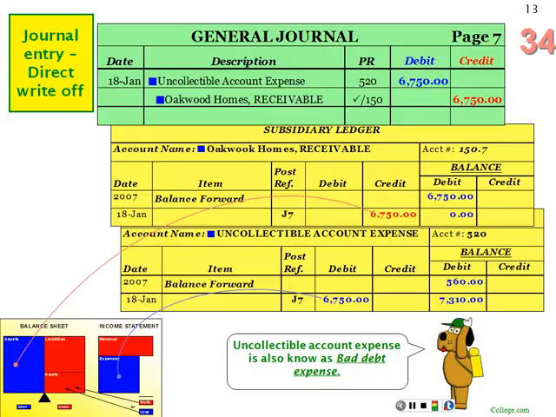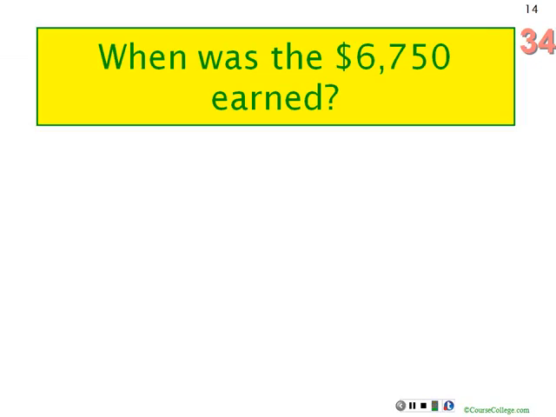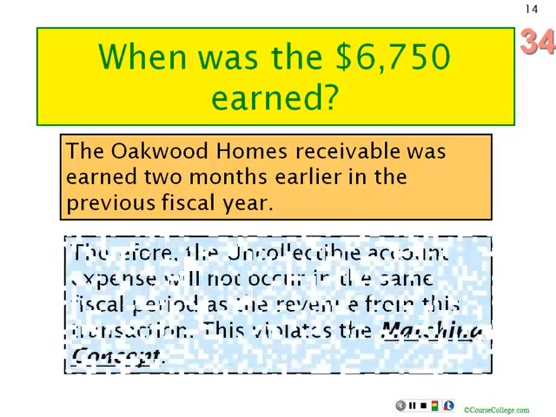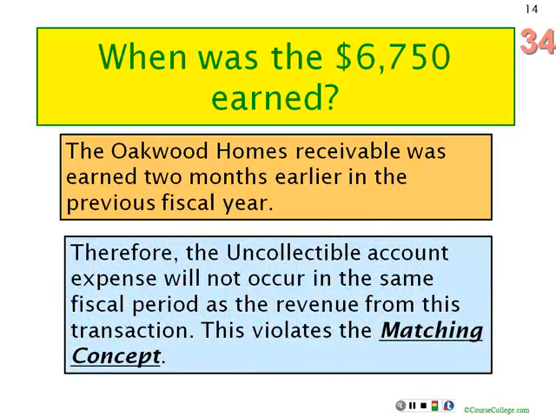Now watch what the argument is against the direct write-off method. When was that $6,750 earned? Well, actually 2 months earlier, which was in a prior fiscal period. You know, they got the notice in January. They earned this money in the last fiscal period. Well,